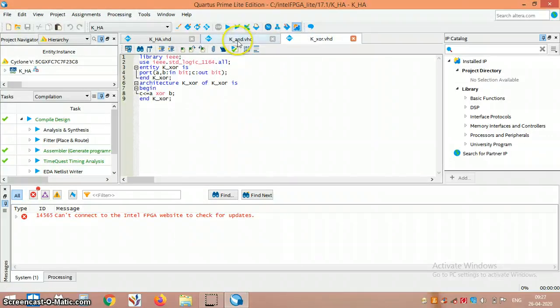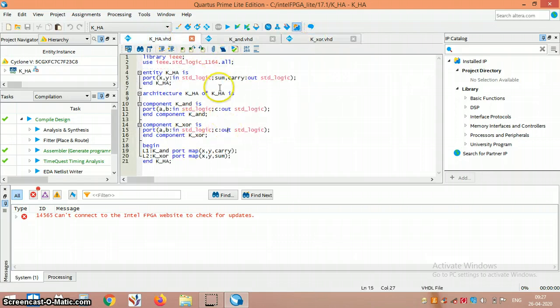You can see that I have used the same A and B as input, C as output, for AND, and for XOR, A and B as input, C as output. So I have half adder. For half adder, now you can see the program. Entity is the same as it was. Architecture is almost the same. The component is a new thing for you. The component declared K underscore AND is for AND logic with two inputs. Then I have used another component, K underscore XOR, for XOR having two inputs A and B and C as output.